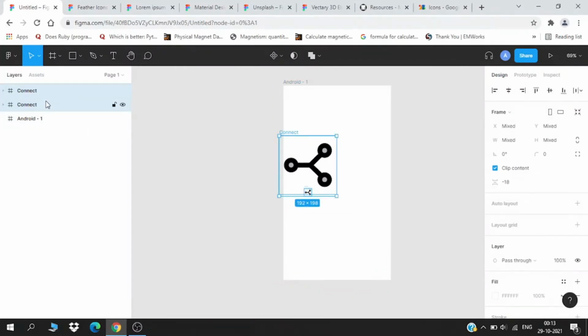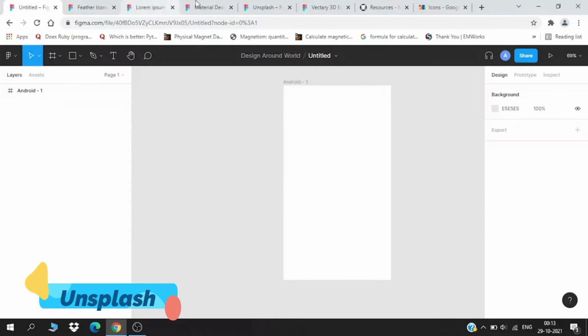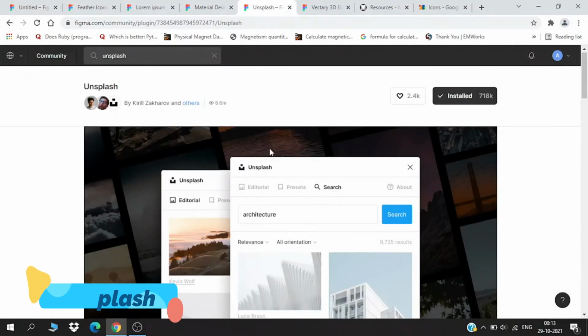fourth plugin. The fourth plugin is Unsplash. This is a really cool plugin because it has really good artworks, backgrounds, and pictures for your next design or as a reference for anything you want, like personification, profile pictures, or even any gradient. Let's jump straight into what amazing things this plugin does. First of all, you must see that this is the actual Unsplash plugin.